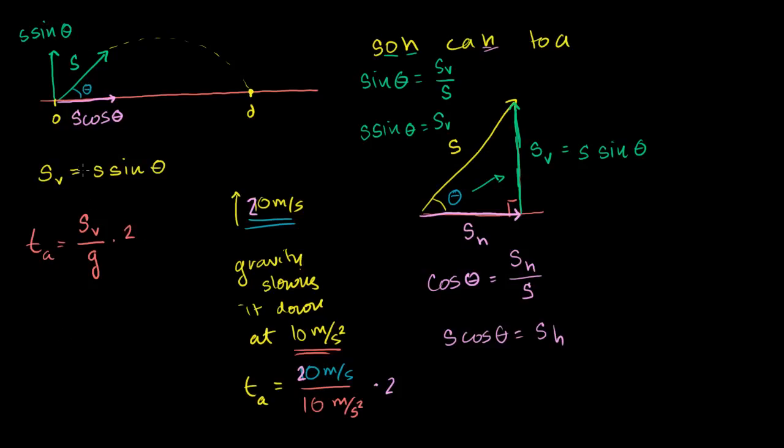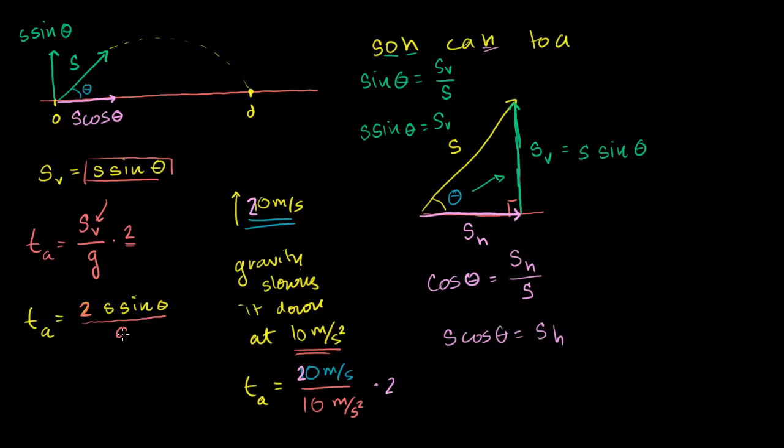Now, we already know what the vertical component for our problem is. It is s sine of theta. So we could just substitute that back in there, and we know how long we're going to be in the air. The time in the air is going to be our speed, or I should maybe put the 2 out front, 2 times s sine theta. Let me make it clear. This 2 right here is this 2 right there. All of that over